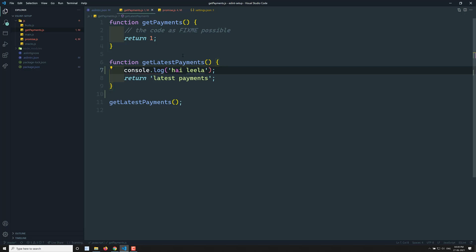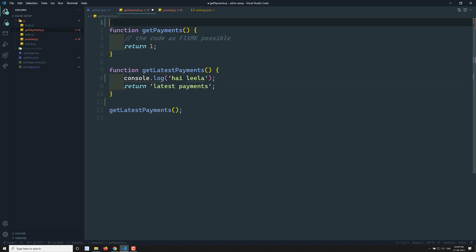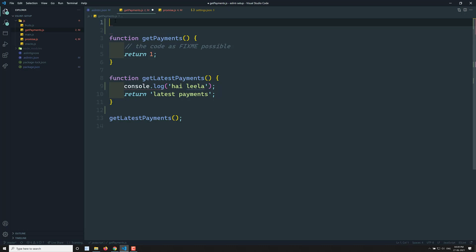Now, one method, if you want to disable all the rules in this getpayments.js file, is that the first step is to write at the top of the file a comment, /* eslint-disable */. You can write it like this. Now you will see that console.log is not showing any red color. If you have written eslint-disable at the top of the file, no rules will be applied for this file. It will be free from the ESLint rules. You can write whatever code you want and it will not show any errors regarding ESLint. So this is for a particular file. The complete file will be disabled from ESLint.